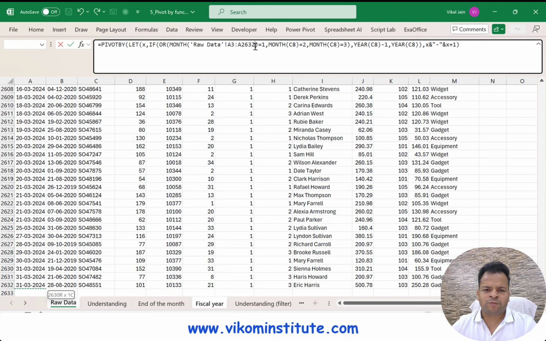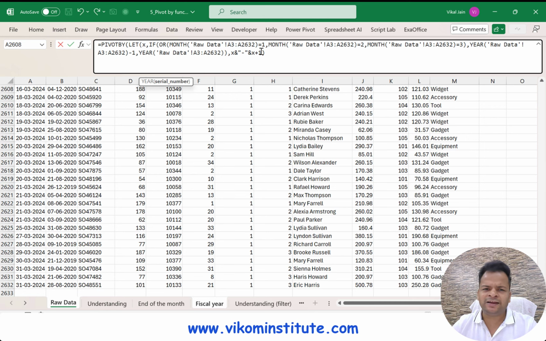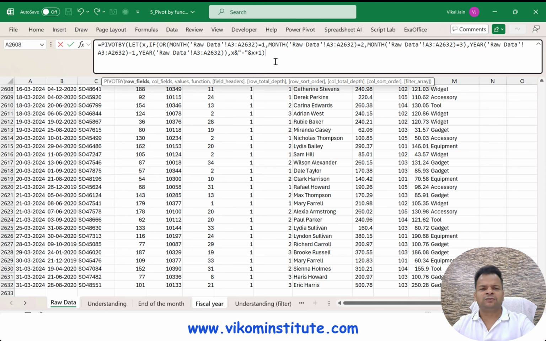So now I'm going to copy this whole thing. I'm replacing the C8 once again, and C8 once again. Now the last one is C8. Again, if you don't want to do this activity again and again, you can also presume this whole thing as y, or another variable, since we have already presumed this whole big formula as x, so you can't presume x once again. So now this time it is asking me column field.